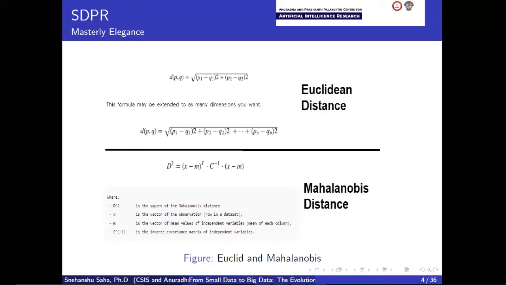Okay. Now, the problem with such inferencing is that there's a very simple and brilliant concept that was proposed much later by Prashanta Chandra Mahalanobis, with his Mahalanobis distance. People have been using Euclidean distance, and let me tell you, this is the most popular distance formula that people use in big data and small data analytics, okay, even today, right? Okay. However, there are a couple of problems while using this sort of distances.